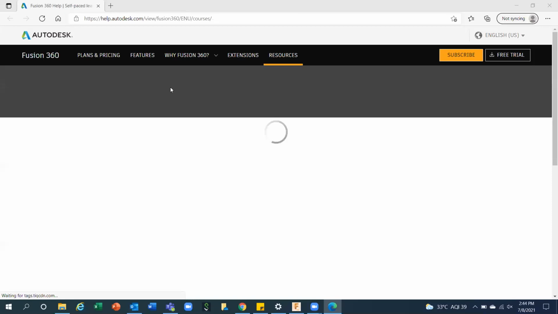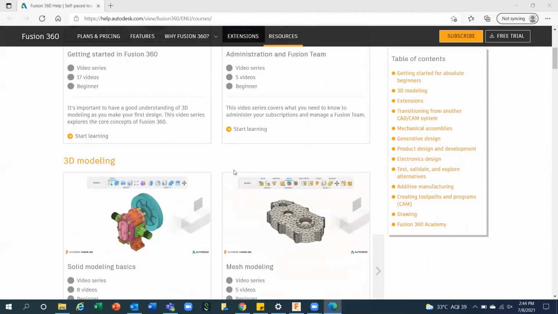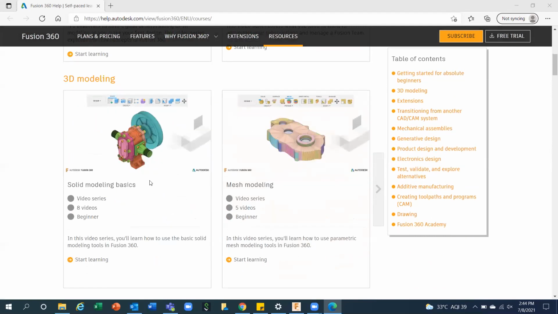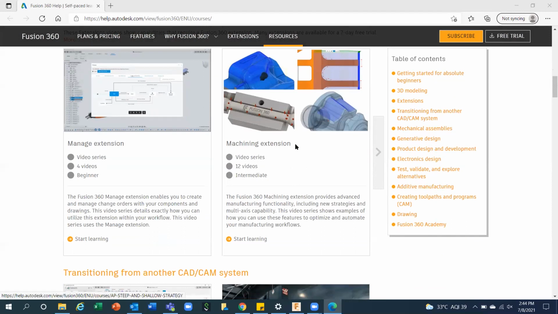All the tutorials of Fusion are available according to the choice resources, like getting started for absolute beginners, how you can use this cloud workspace, administration, and Fusion team. These are the small courses. All the video tutorials are available. Solid modeling basics, mesh modeling basics, and then some of the extension.